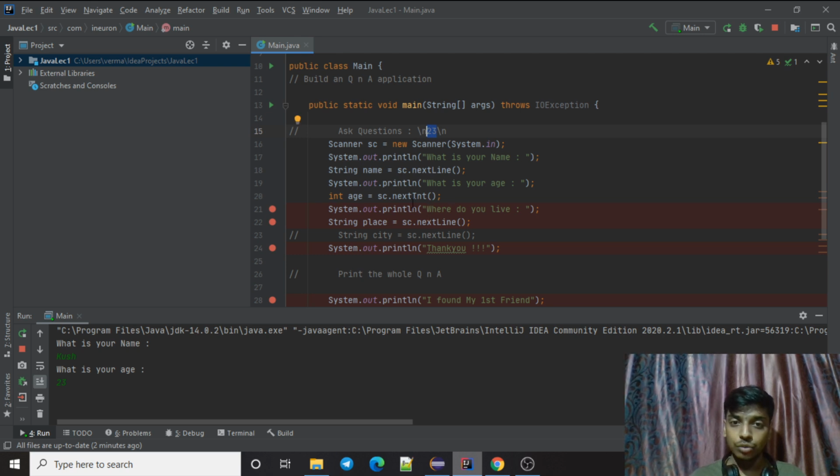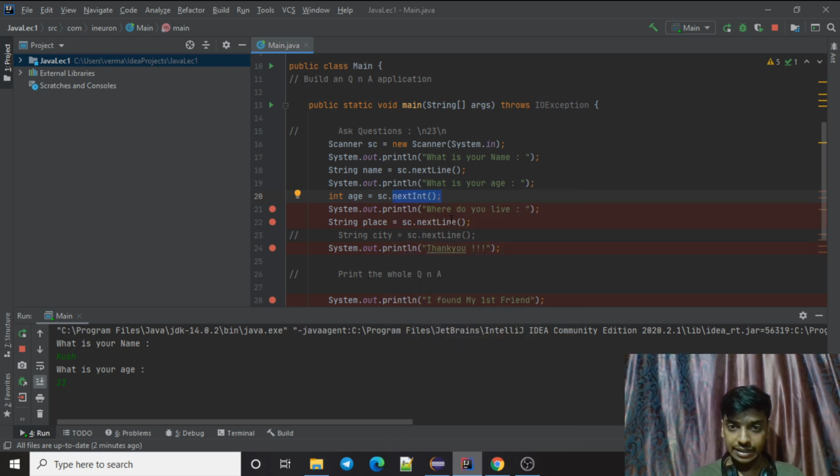Now the issue with nextInt is that it does not advance my cursor to go after the new line. I hope you guys are getting my point. If it had been nextLine, this issue would never have come, because I'm using nextInt in between nextLines.